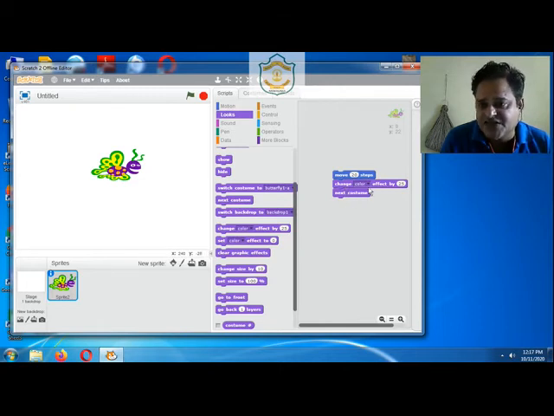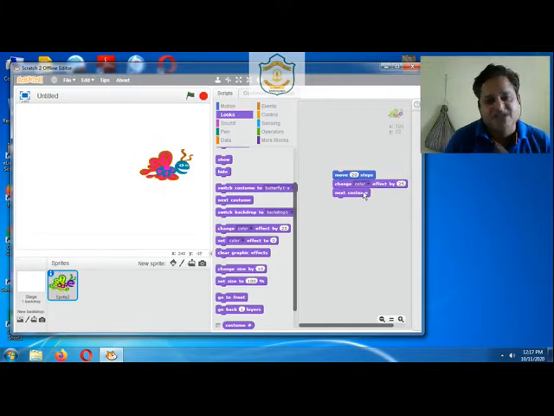Second is change color effect. Third one is next costume. So let's execute it. In order to execute, we just double click on the blocks which we have used. Noticing, it is changing color as well as it is changing the costume.